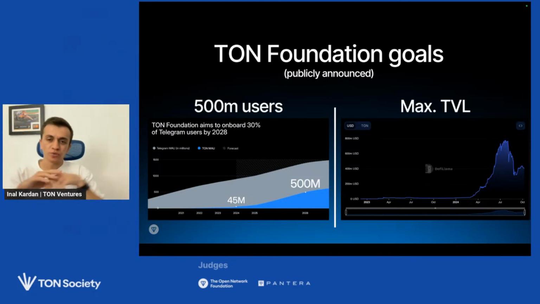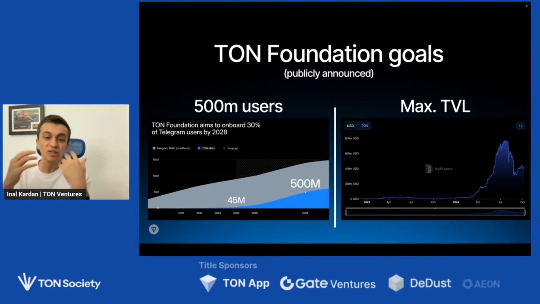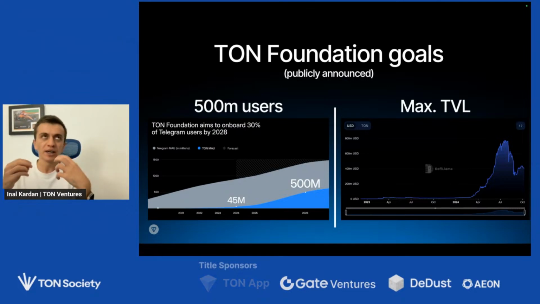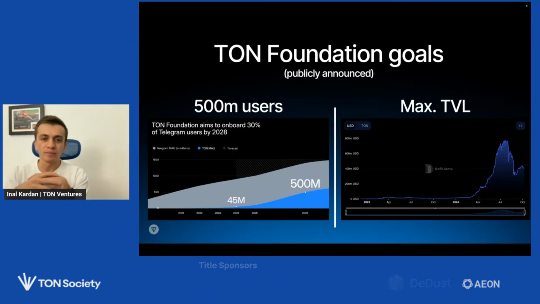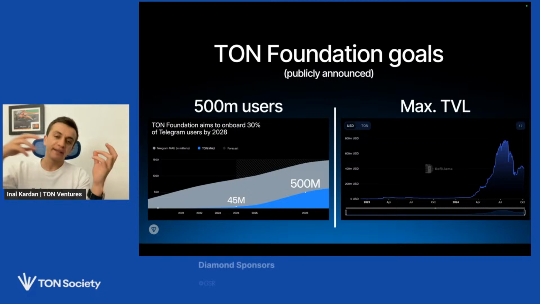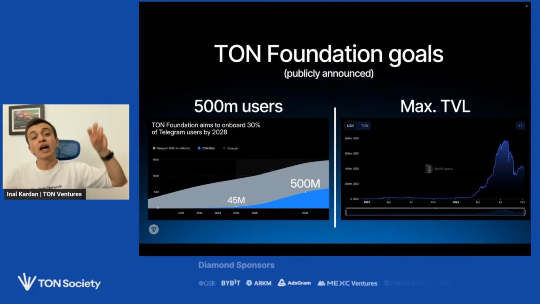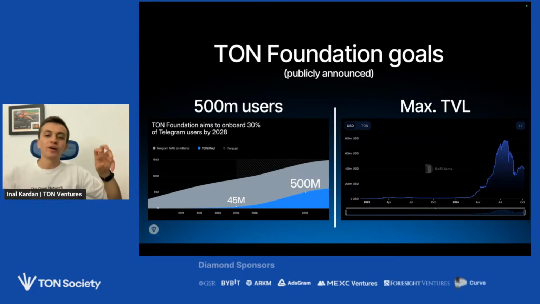Another goal, for which there is no one specific number announced by Ton Foundation, but obviously Ton Foundation wants to get maximum TVL in the ecosystem. TVL is total value locked. So it's about liquidity in the ecosystem. These are the two main metrics that Ton Foundation wants to improve: number of users and liquidity in the ecosystem. Try to build products which either will bring a lot of users or will bring a lot of